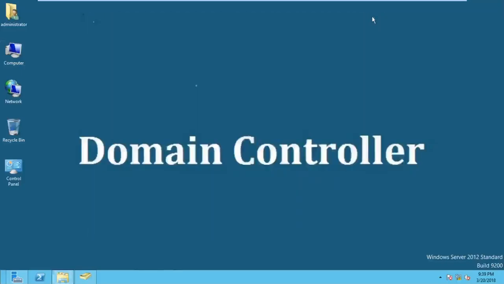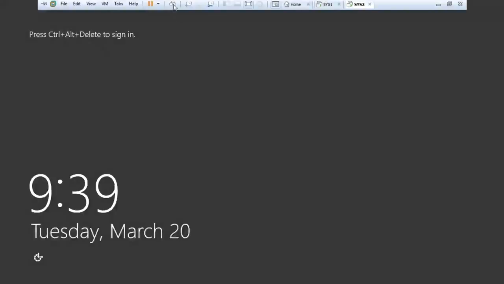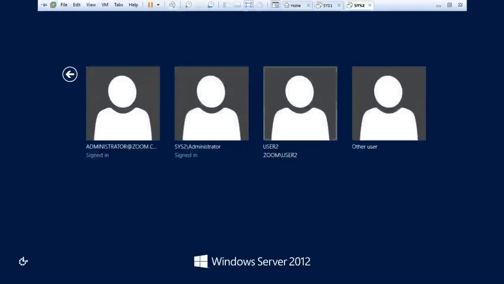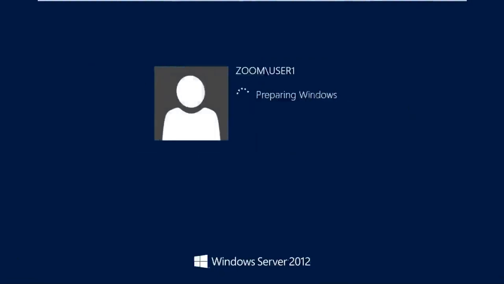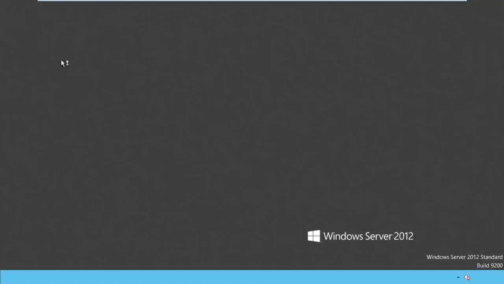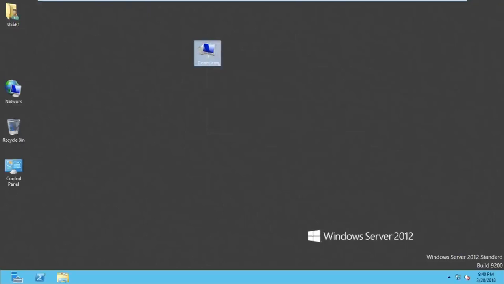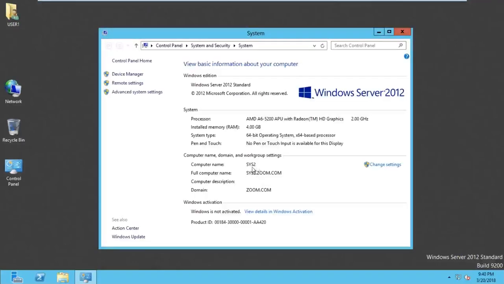I have to leave this machine. Tell the user to log into the client machine. So this is my system 2, a client, but I have to log in as a user here. So go to the other user, type the name user 1, password is blank, enter. So user 1 has successfully logged into this machine. But you can see here, which computer is the user sitting on? System 2. But if I go to the computer,